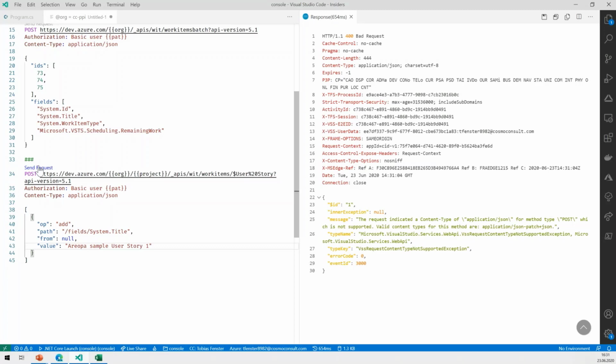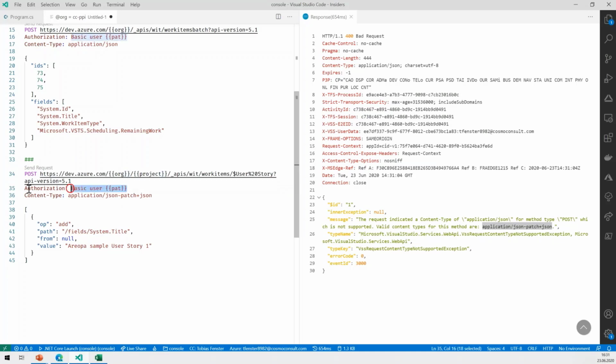But now you can see how you get errors, hopefully. So we can see this is a bad request by the feedback here. We get a message here that says we wanted to send in application JSON, but it should be application JSON patch JSON. If you know more about REST APIs, then that actually is very weird, but that's the way it works in here. Unfortunately, I can just change that one. So just to show you, if you are lucky, then you will get an error message that looks like this.